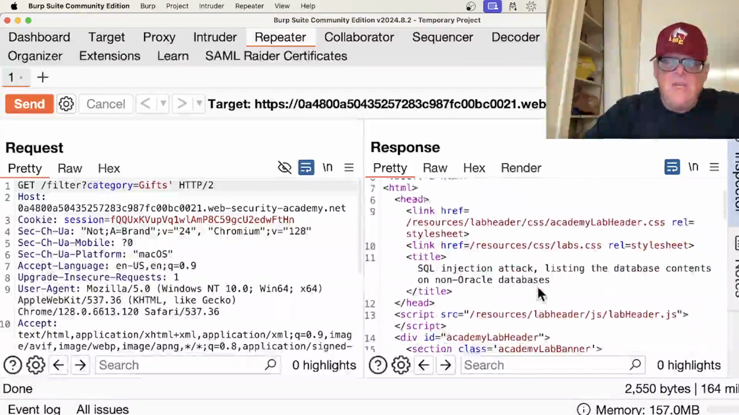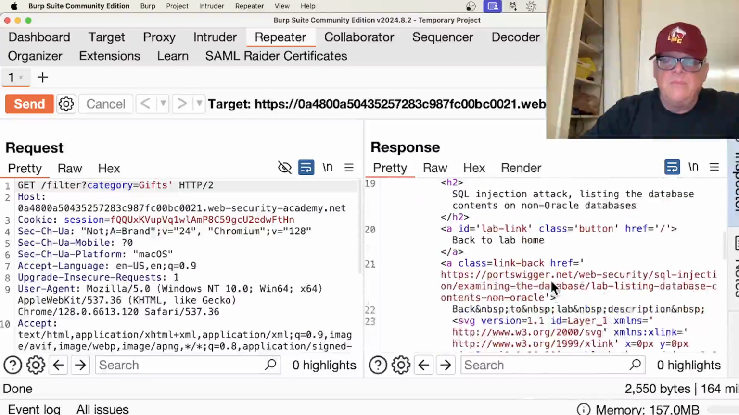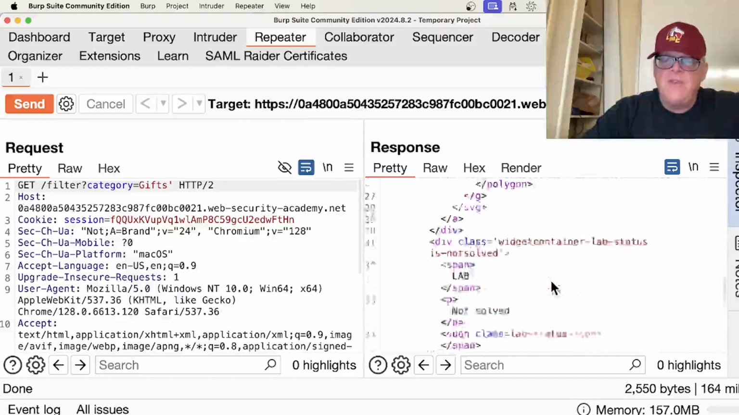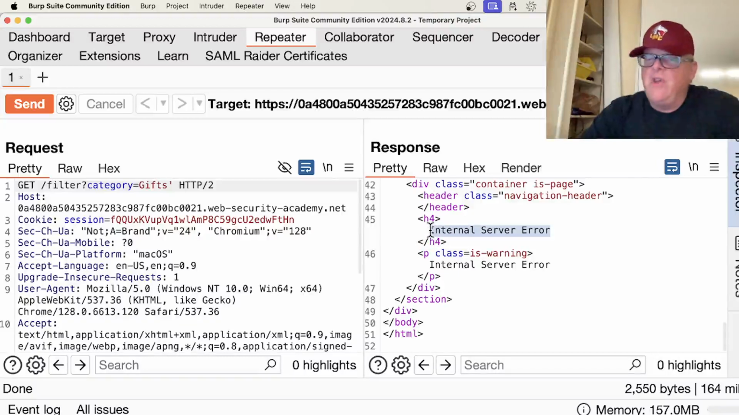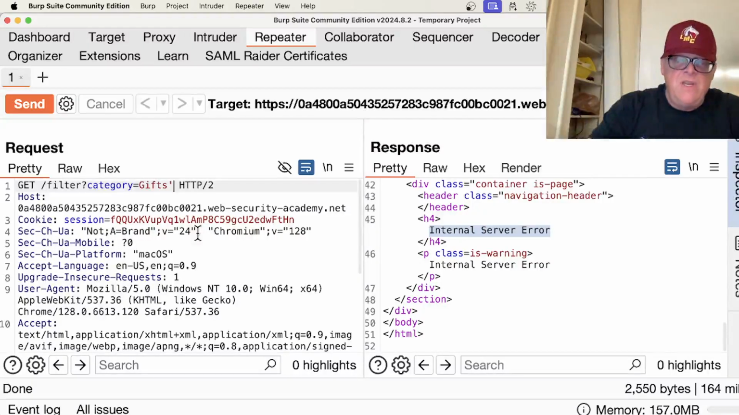And now I might even get a SQL error, but it looks like I'm getting internal server error. That's kind of what I was looking for. That's usually what you'll get. I've created an error, so that shows I've got a vulnerability here. So now I could try union